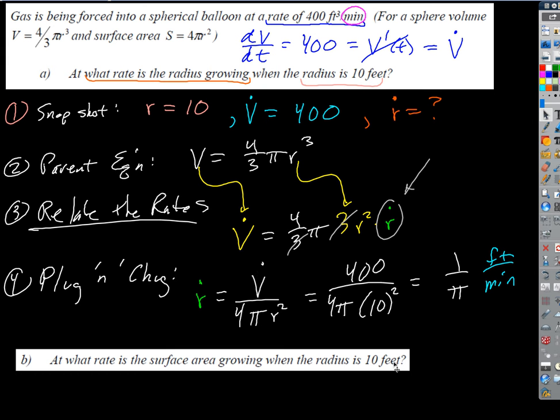We didn't do this part though. Let's do this part. At what rate is the surface area growing when the radius is 10 feet? Okay. So we've already got this list of snapshot variables from part 1, and we have something else we could even introduce. Right now we know what r dot is. Right? We got an answer for r dot, so we could go back up here